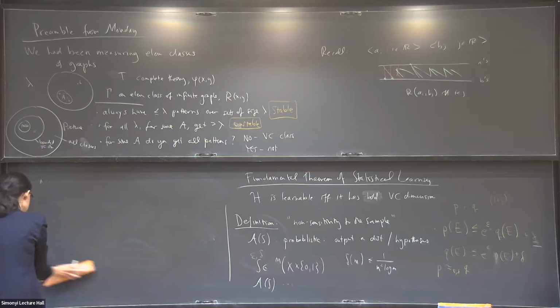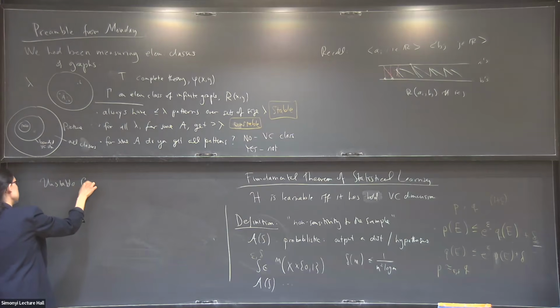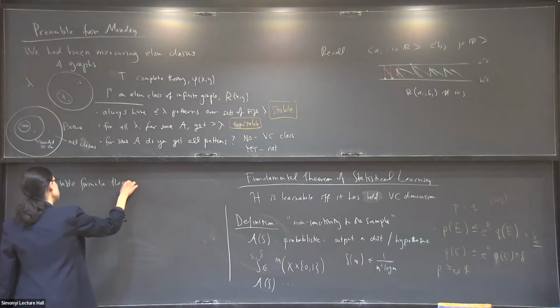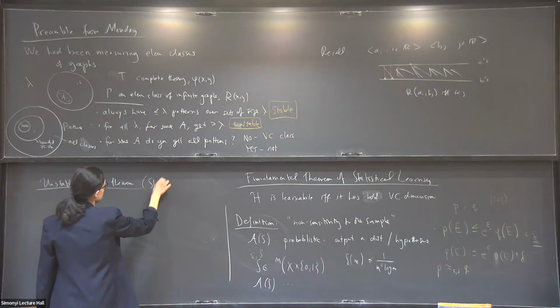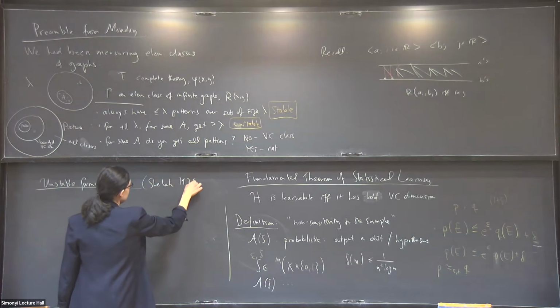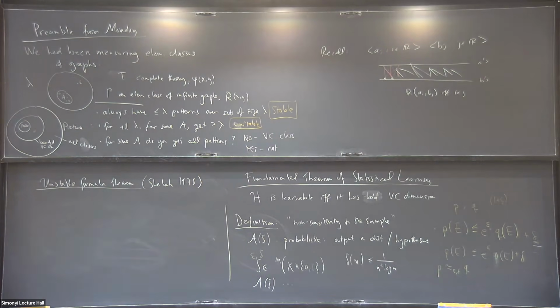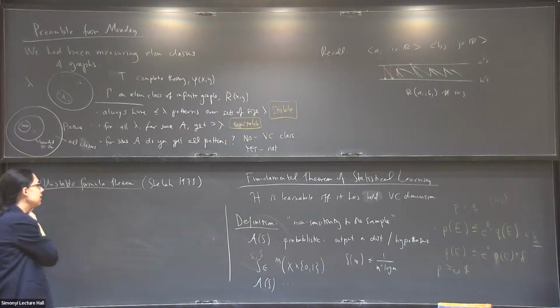So let's, for fun, look again at the unstable formula theorem. So we have this. So we know that thresholds are at least an example of the kind of non-differential privacy you could get in one case. So the unstable formula theorem tells us something about the kind of phenomena in nature we would expect all happen at the same time as thresholds. So let's see what it says, and let's see what else we might expect that we should be able to look for. So remember, in this case, we have a theory T, complete theory